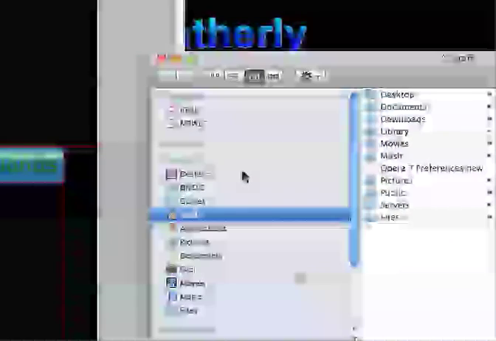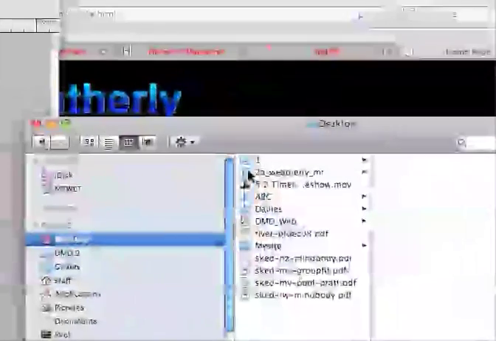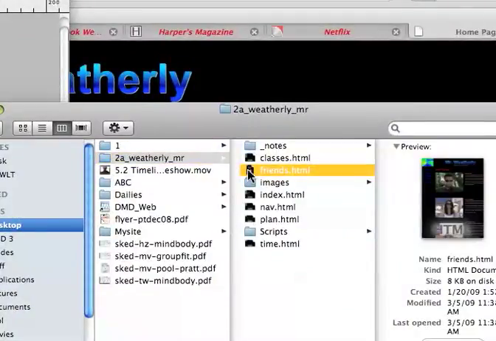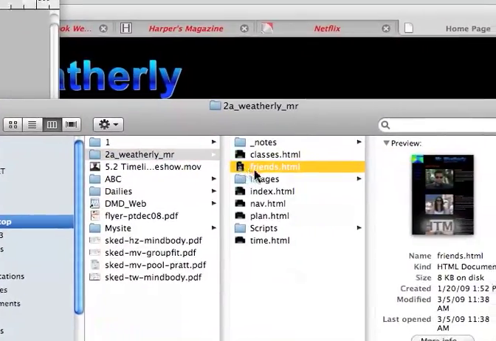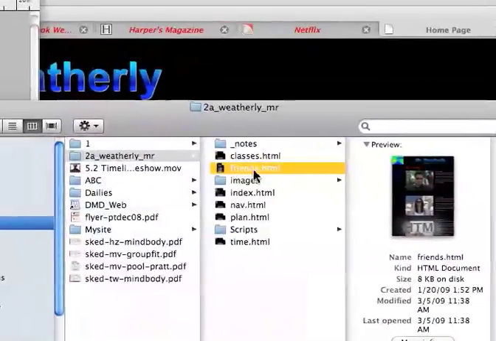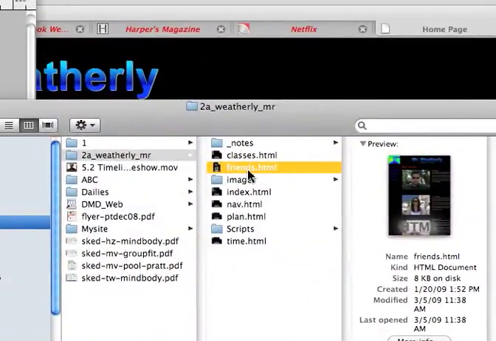I went to the Finder. I'm going to go to the desktop. I'm going to go to my folder where my website is, and then since that button is for my friends, I'm going to click on friends, and I didn't double click, I just clicked once so that friends.html is selected, and I'm going to hit Command C or Apple C,